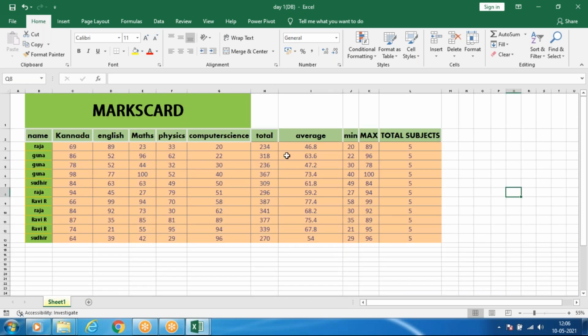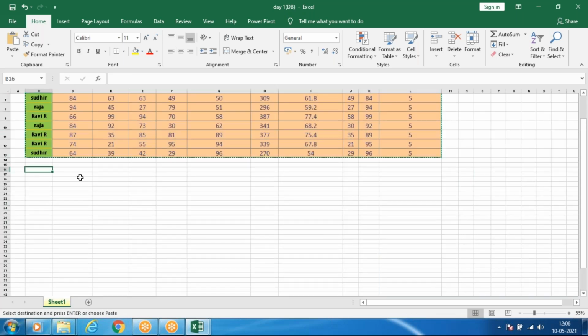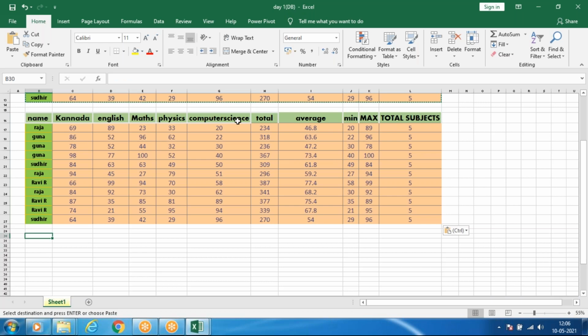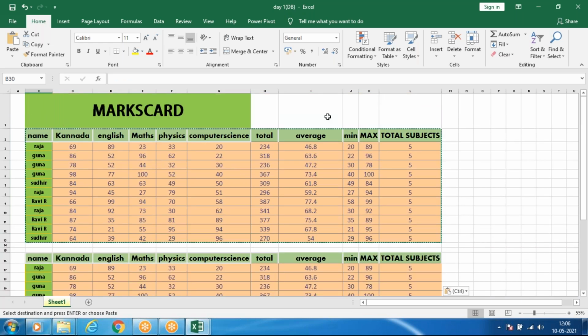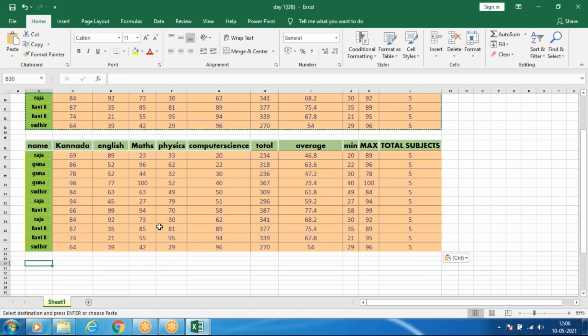Before going to formulas, I'm going to show you paste special. We have lots of methods in paste special, and in Excel that is also one of the important things. Copy and Control V is the normal copy paste. Other than that, we have other formats also. In normal copy paste, whatever is there in the cell will be pasted automatically.